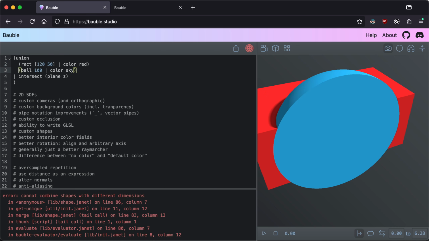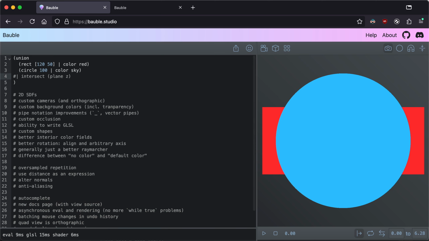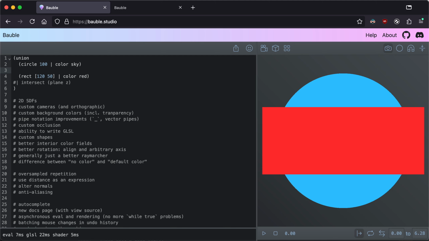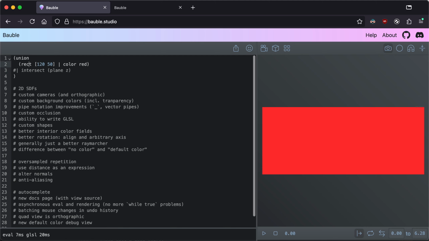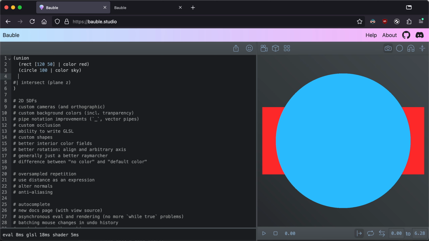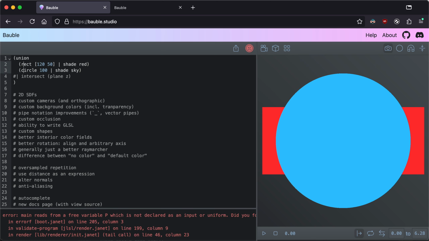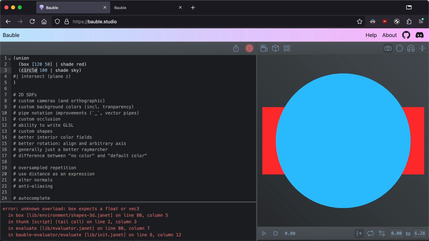Shade becomes color again. This becomes a circle. This is what you'd expect. I can say put a rect on a circle or put a circle on a rect, and they do different things. But it never worked properly in 3D, and now it does, which is exciting, especially if you're using this to do